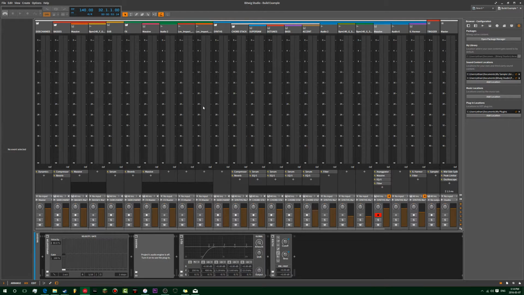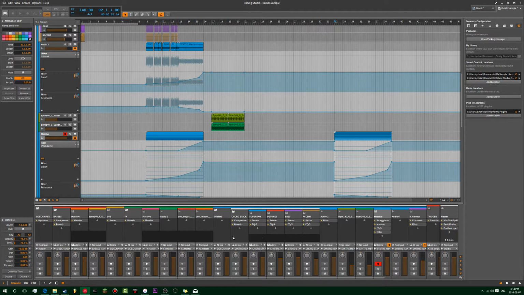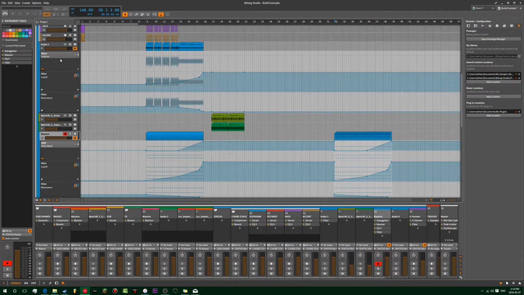Tab brings you between the mixer and the arranger. If you press M, it'll actually open a mini mixer for you. And yeah, that's about it for the hotkeys. Oh yeah, L will open up launchers on the side if you so choose. F12 will turn on your audio engine. Control R on